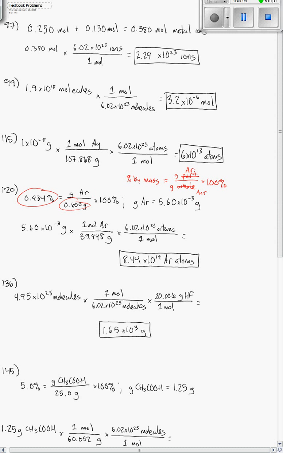Once we get grams of argon, we can then do something similar to what we did in number 115. Use the molar mass of argon and Avogadro's number to solve for our final answer. So once you determine this grams of argon using the formula percent by mass, you start with that, use your molar mass to cancel out grams, use Avogadro's number to cancel out moles, and it'll give you your final answer, 8.44 times 10 to the 19th argon